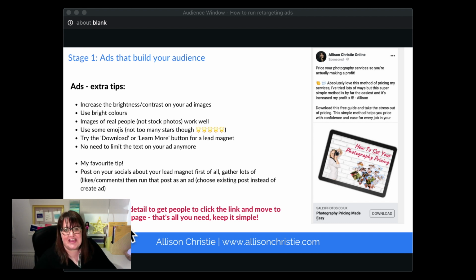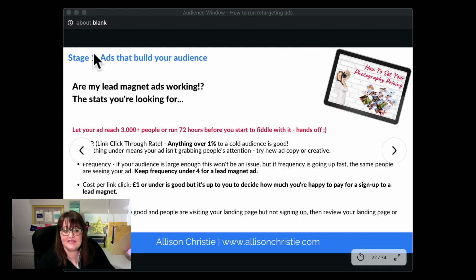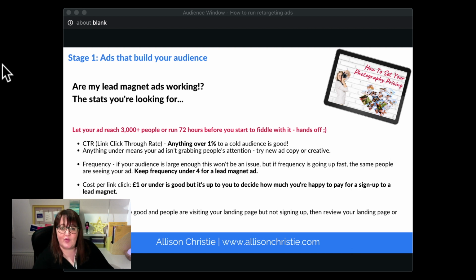You don't have to say your PDF or your download has 20 pages and it does 50 things and it has a bonus of this and it has added extras of this. You just want it to be, you need this because it'll answer all your questions, and then all of that detail can be on your landing page. Okay, so we've set up Sally's ads. Now let's assume they've been running for a couple of weeks. We've got some stats in Ads Manager, we can see lots of figures, so let's just try and figure out what they mean a little bit more.